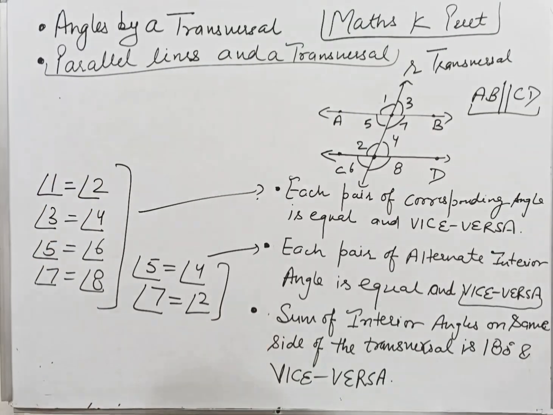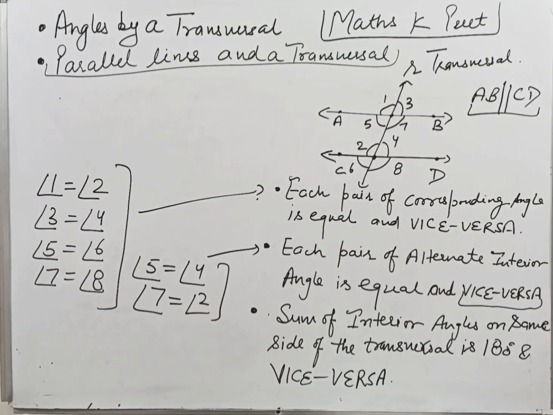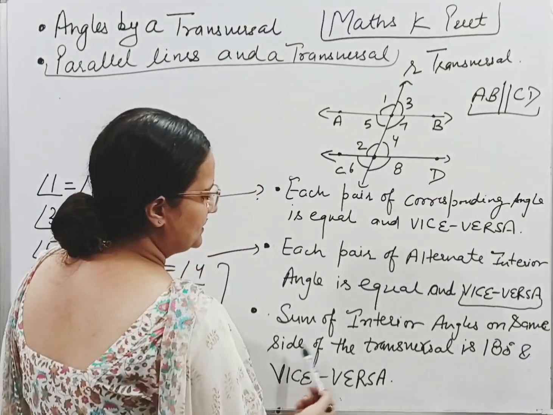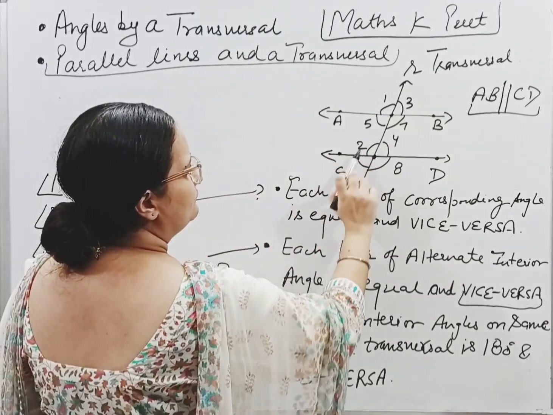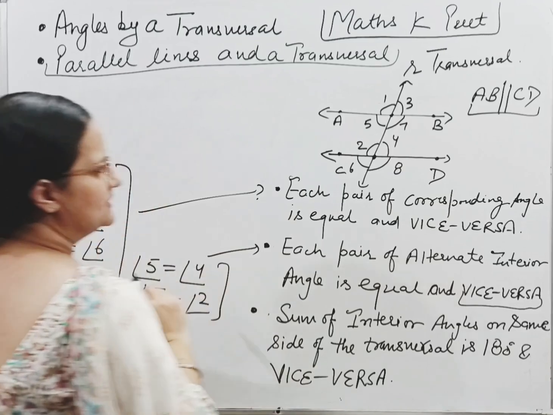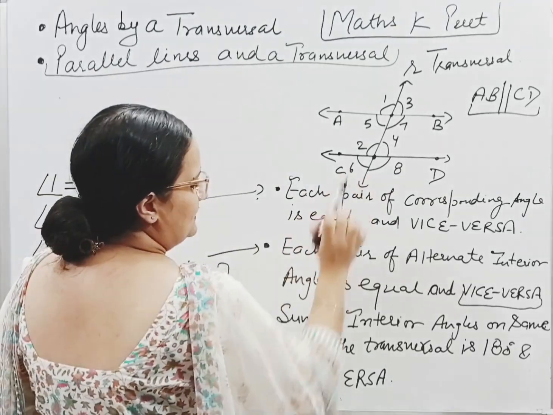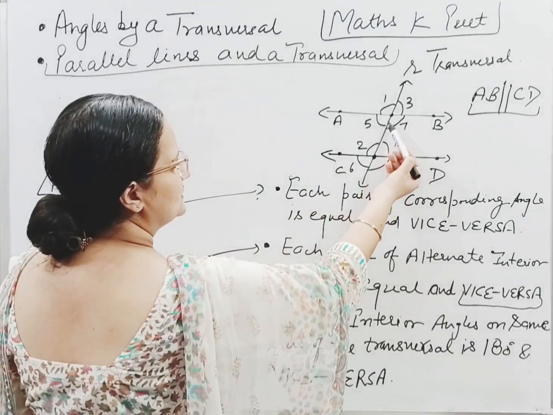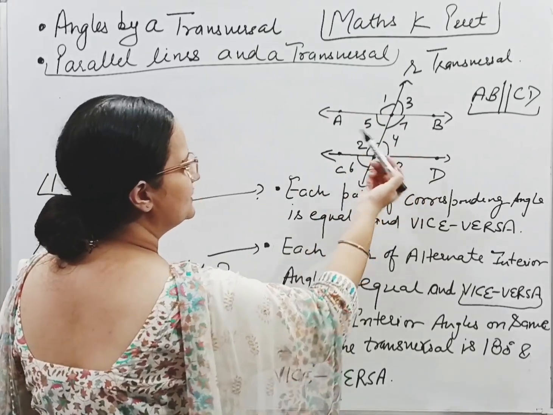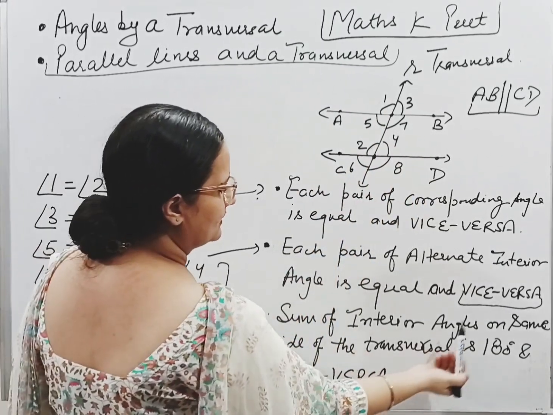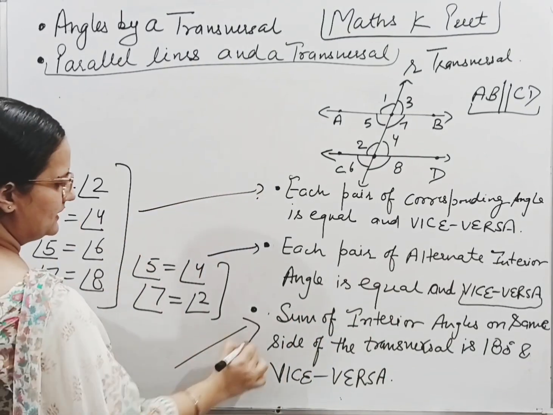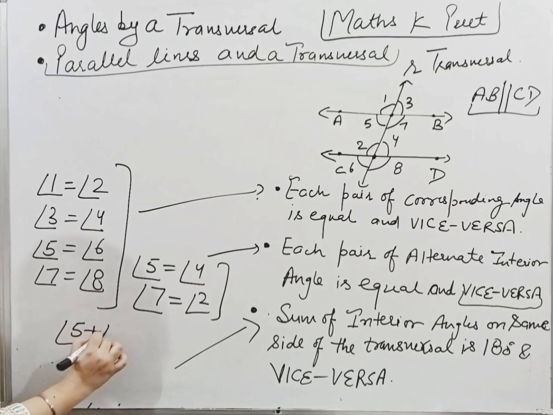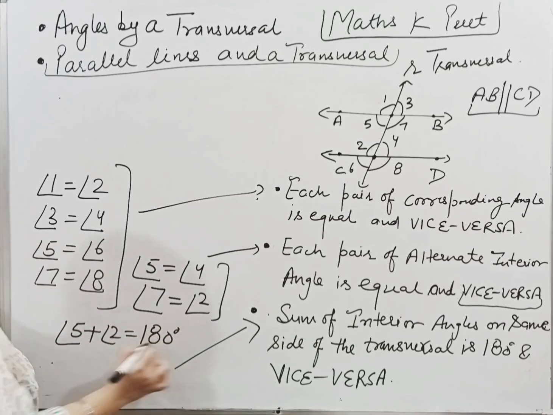This is the result. When a transversal is intersecting two parallel lines, then the sum of interior angles on the same side of the transversal. So what are the interior angles on the same side? Angles 5, 2, 7, 4, these were the 4 interior angles I told you. But interior angles on the same side of the transversal means the same side, left or right. So 5 plus 2, their sum, interior angles on the same side of the transversal. So this result is giving us angle 5 plus angle 2 is equal to 180 degrees, and